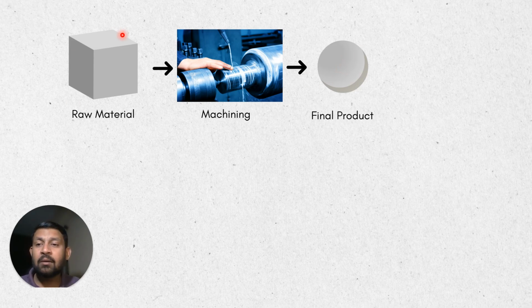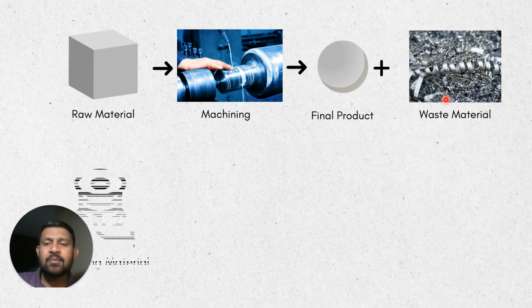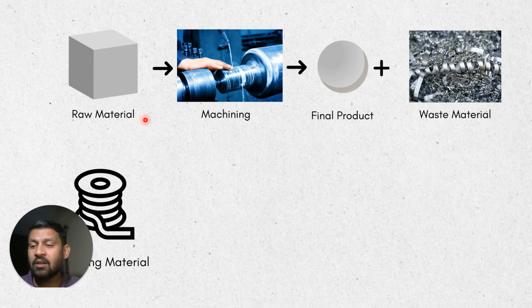So what machining is doing is converting a solid block of material to a spherical desired shape by removing material. And the material that has been removed to get the final product is the waste material. Now the scrap rate is usually very high in subtractive manufacturing, whereas in additive, what we do is that we start with a